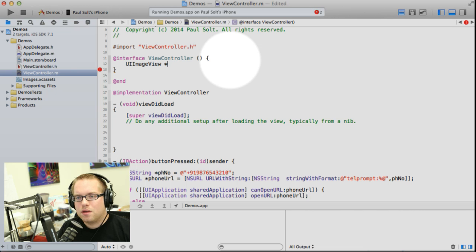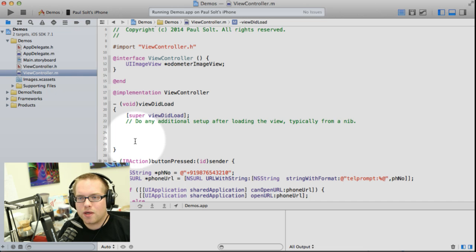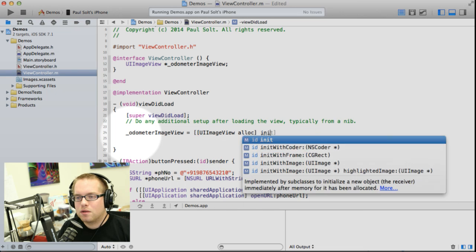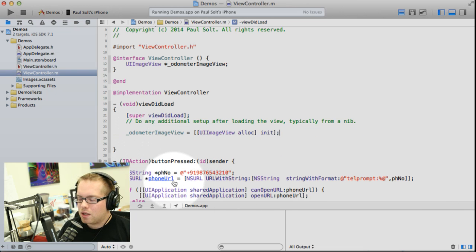And I will call this our image view, maybe our odometer image view. Something like that should be good to get started with, and then we'll just go ahead and create this. Now, I always like to do an underscore, so I'll put an underscore in front of that, and then down here we will actually instantiate it, and we need to instantiate it with an image. So UIImageView alloc init,